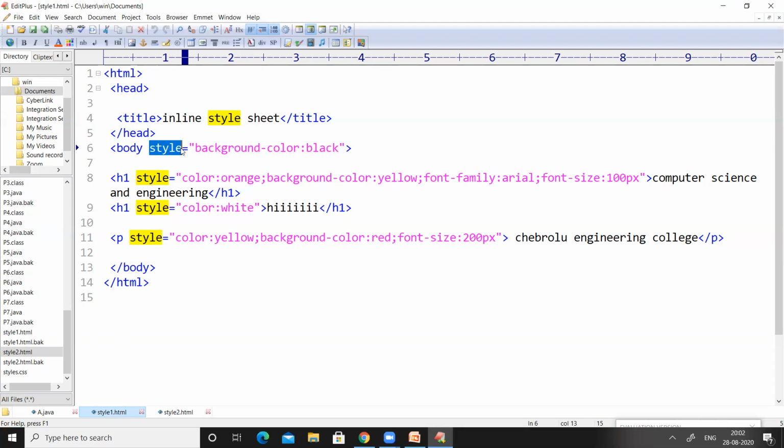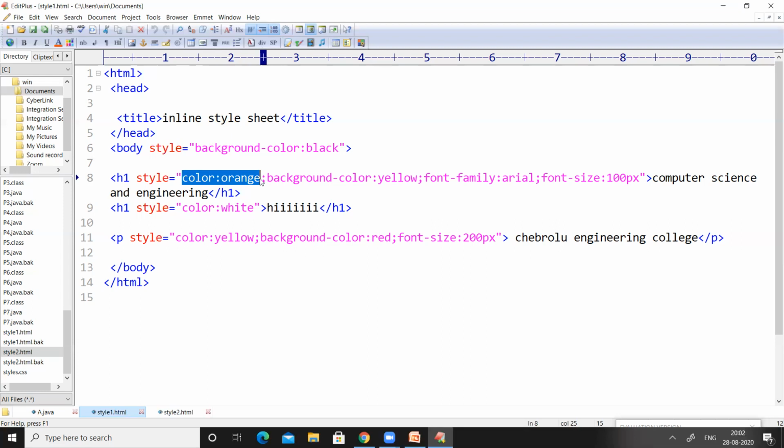By default, the color of the text over the web page will be black. If someone doesn't want their text to be in black color on a web page, then we can change the color of the text by using this style attribute. In order to change the color of a text, for the style attribute, we have to pass a value called color colon your interested color.